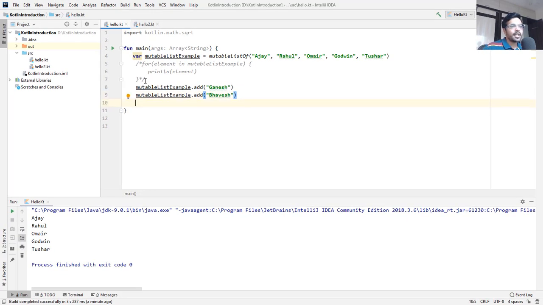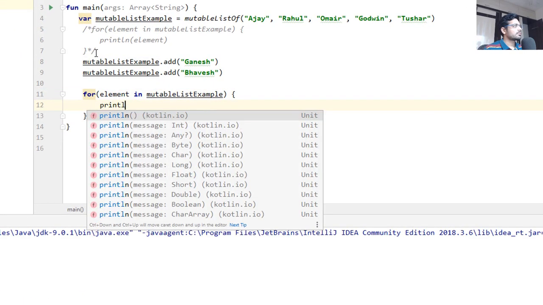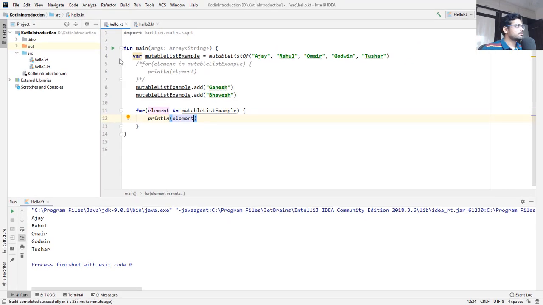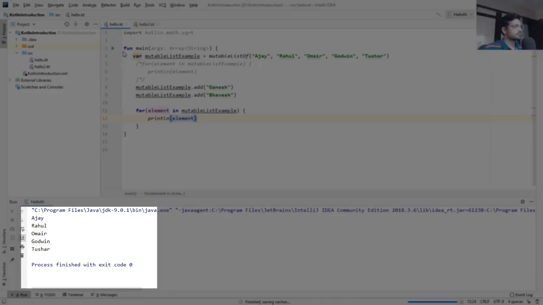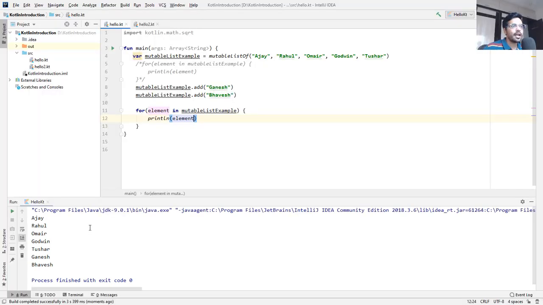Once added, we'll print them and see whether mutable list has supported add operation. And yes, it has successfully added elements to our list.